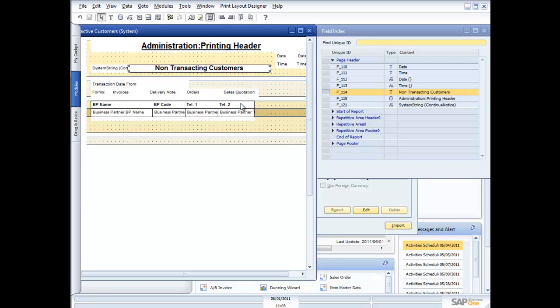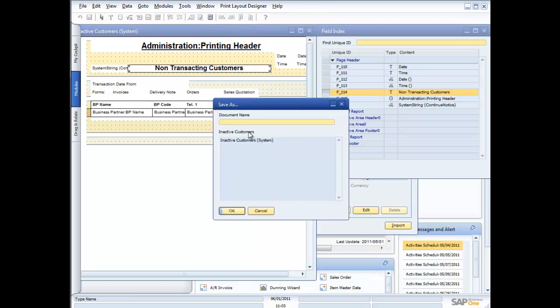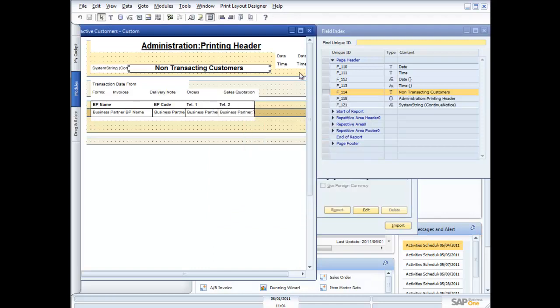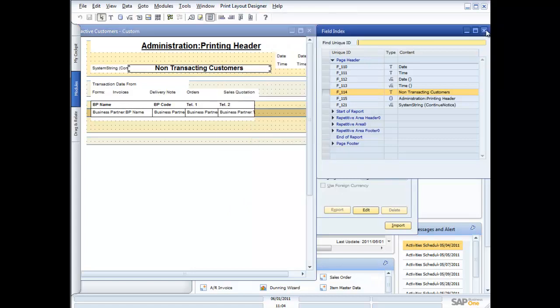Now, once I've finished making my changes, what I can do is I go up here into Print Layout Designer, and I'll go Save As. And because that was my system layout, I can't overwrite that. I have to create this now as a customized version. So I'll call this inactive customers, and I'll call this my custom report, and I'll say OK, and that's now done. Alright, so I can close that down